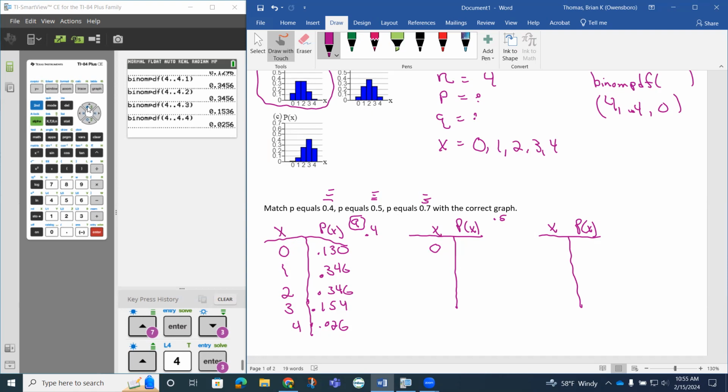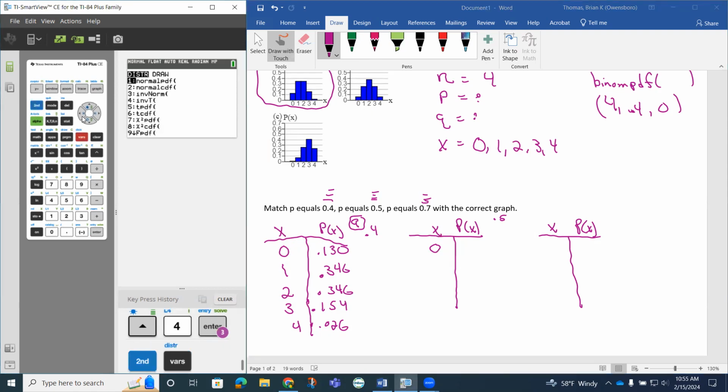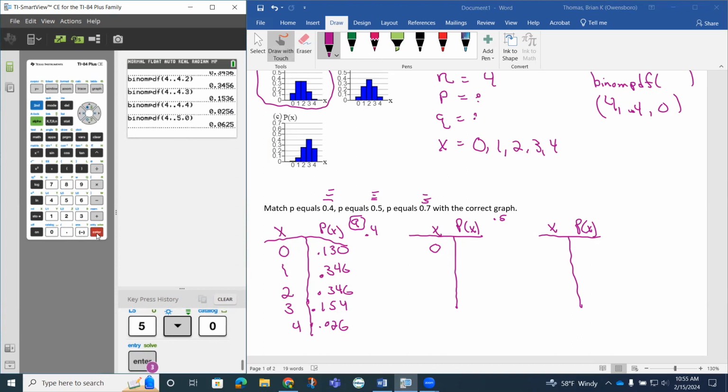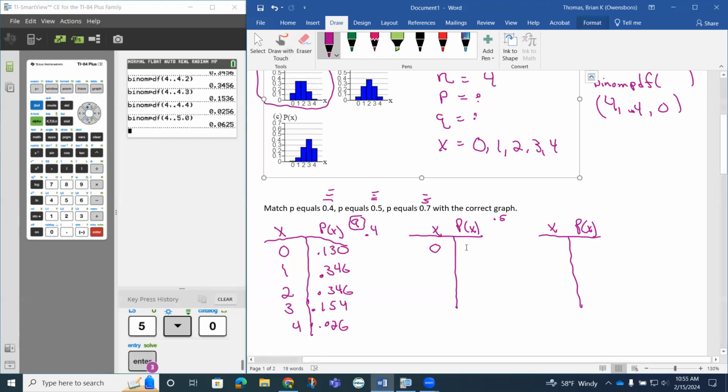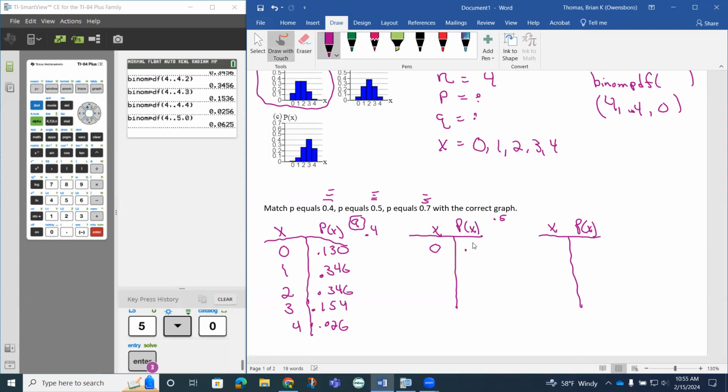If I do that binomial formula again, but notice how this time we're changing our formula to a probability of 0.5. We're trying to figure out how that affects our problem. So this should now be 0 again. And notice how now we get 0.0625, 0.063. So if I do the probability of one success,